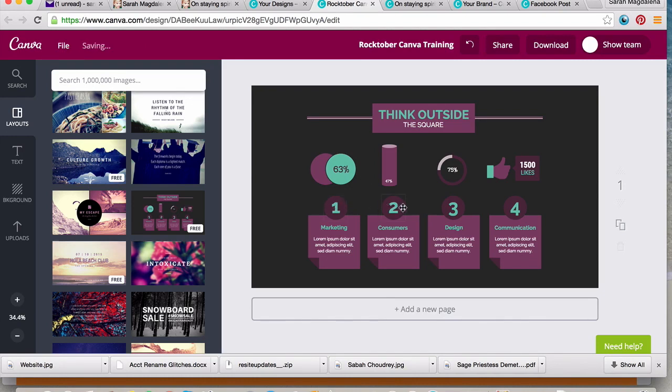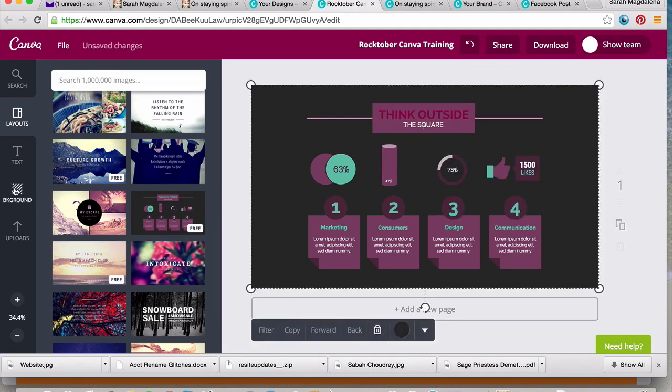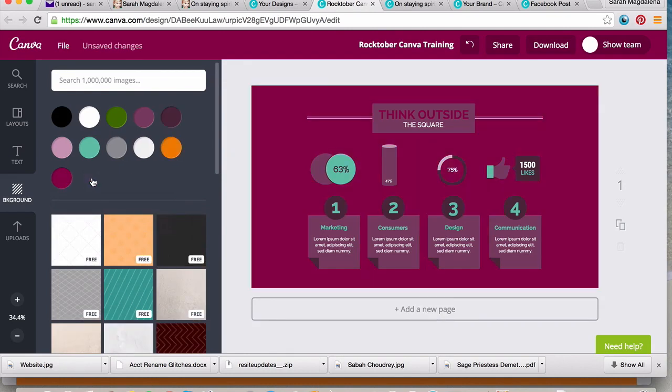You have these numbers here, and then you can give 4 different facts and communicate them, and you have the header here. And all of this can be edited, so even with a graphic that looks quite finished already, you can go in here and change that to be your branding color. You can change the background as well. That would be done here. So as you can see, with just a couple of clicks, I completely changed the look of this really. And there's even more